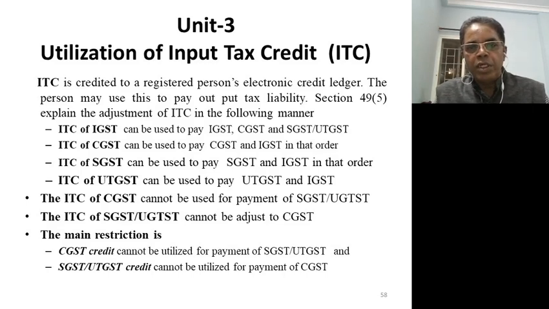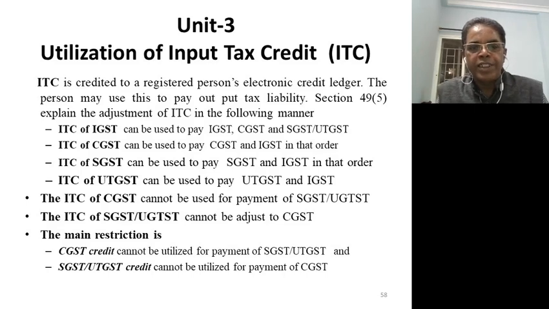Now, the 36,000 GST we have to pay, but there is no need to pay all of it. Your tax credit is already there, 18,000, like a savings bank account type, 9,000 and 9,000. You can utilize this and pay the remaining balance of 18,000. We will be discussing problems in detail.